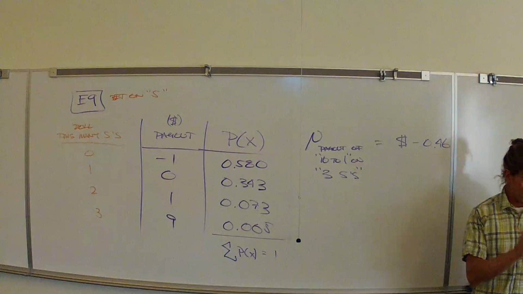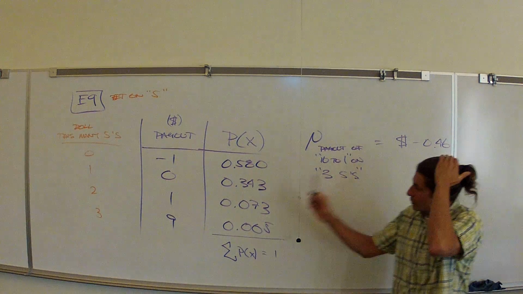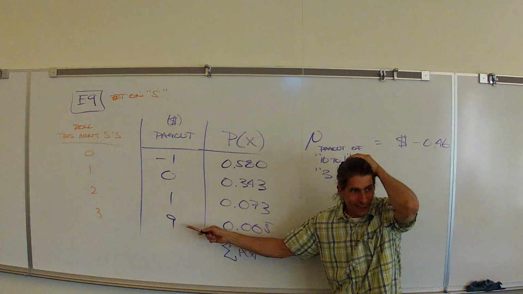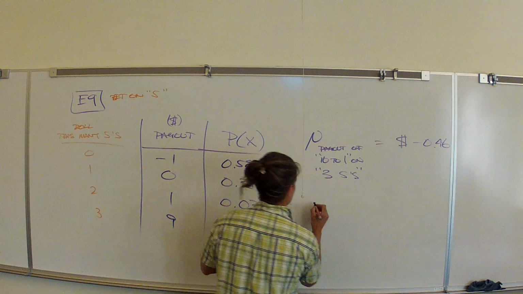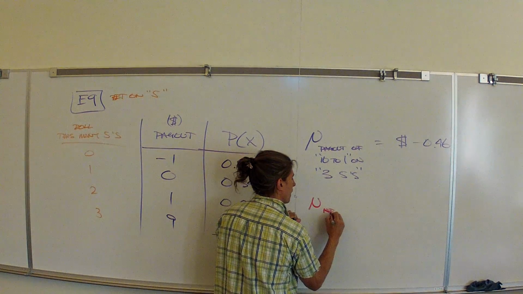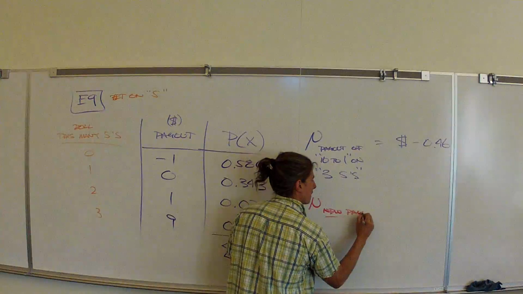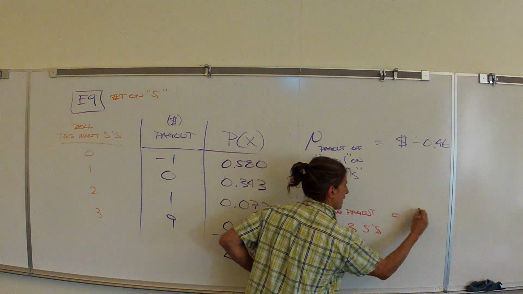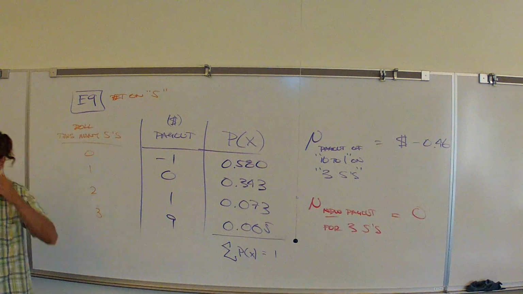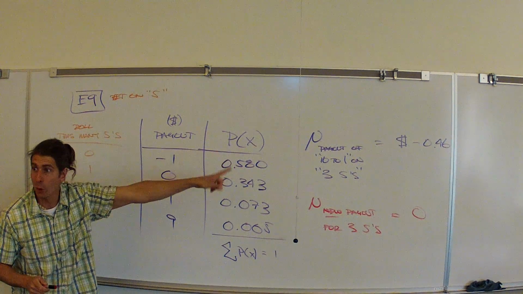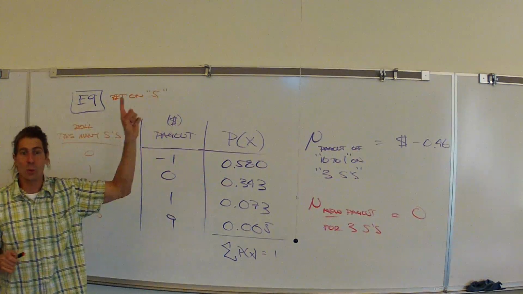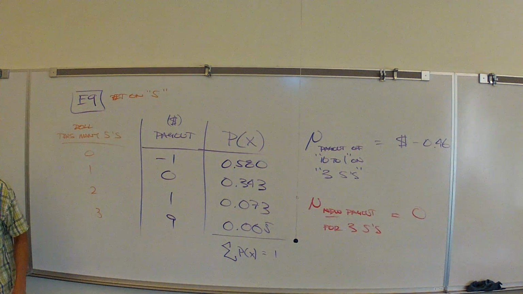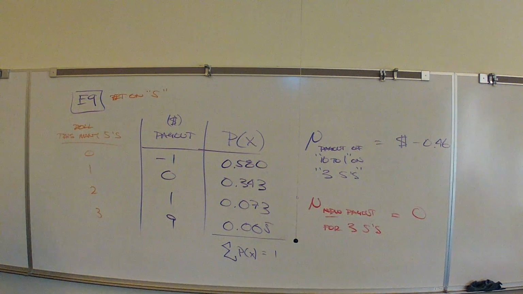So the question now is, what should go there in order to make the average of the new payout for 3 5s equal to 0? That's what we want. We don't want it negative. We want it to be equal to 0. We also don't want it positive. If we make it positive, then the people that are playing are winning too frequently. We don't want that either. Well, the player does, obviously.